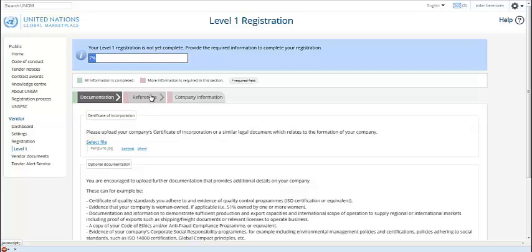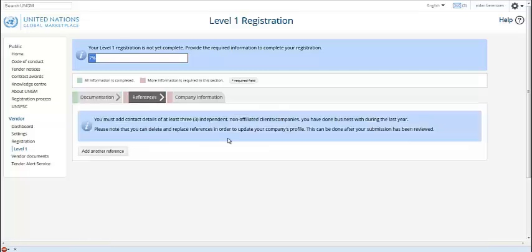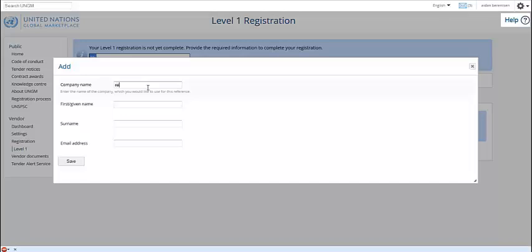The next tab that we have is for references. So this is just asking the vendor to supply some basic contact details for a few people who can act as references for their organization. As you can see here, the vendor must add at least 3 of these. So we have the tab is red. I'm going to add a reference here